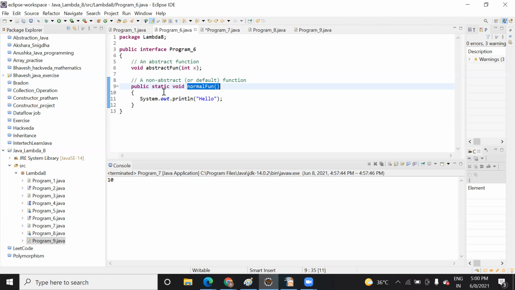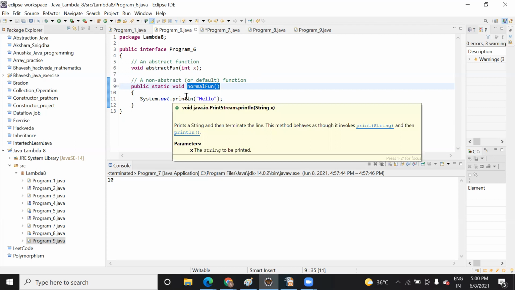And once you declare it static, it means that you can use this function with the name of the class itself. You don't need to create an object of that. You can read this line also. You can search on Google also. When we declare a main method as public, there also we can use it with the name of the class. The object we created is because we want to access the other method. Okay.